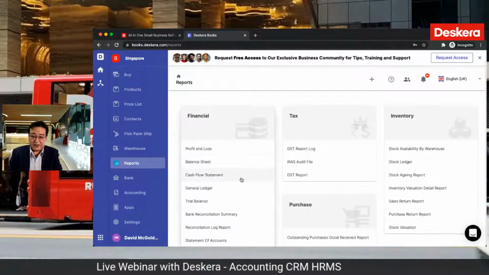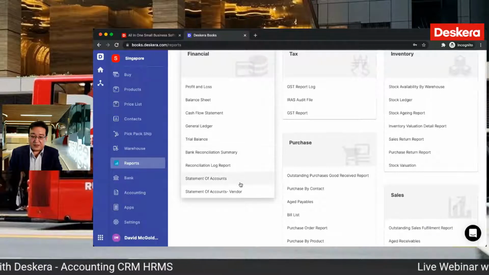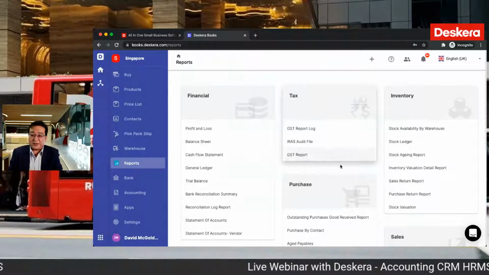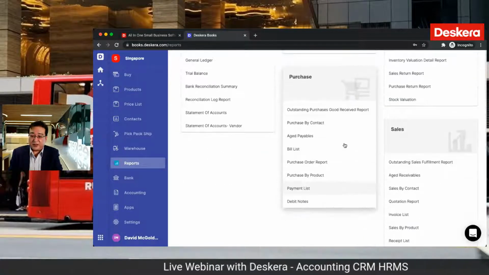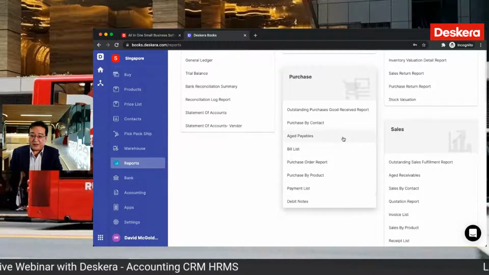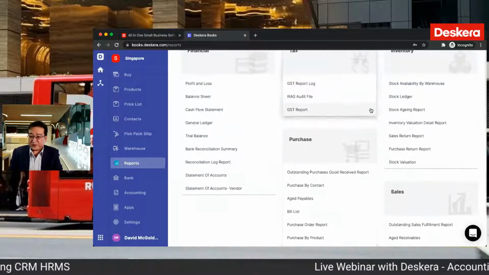Of course, we have our balance sheet, cash flow statement, general ledger, bank recon, statement of accounts. And this is our statutory requirements. So based upon different countries, you'll see different reports here. We can see our different purchase reports, such as our payment list, aged payable, outstanding purchase, goods received report,